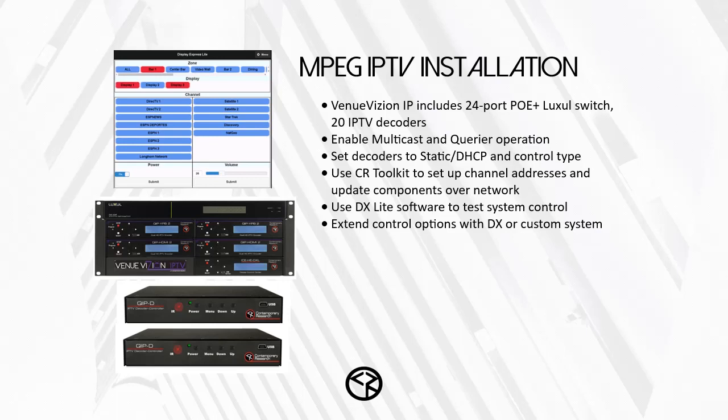And like before, as you start installing these units into the system, you've given them a name and you give the channels a name. Then when he installs it, he can take his laptop or an iPad if you're on Wi-Fi, and then test the system, change channels, and see if everything's working properly. So he can test as they go, or once it's installed, then you can go there through the web page